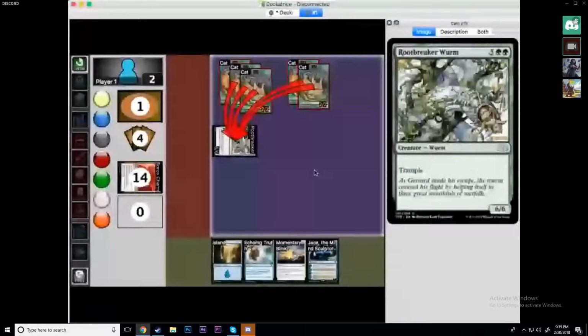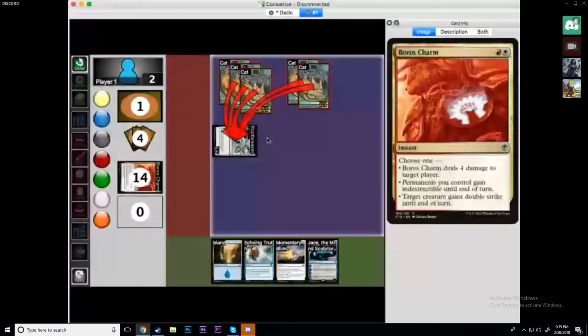Okay. So this is correct. It's double strike, Death Touch, trample. This is true. You are describing indestructible very correctly. But the way trample is worded, keep talking it out. Okay, so the way trample is worded, I think that he wouldn't be dead because